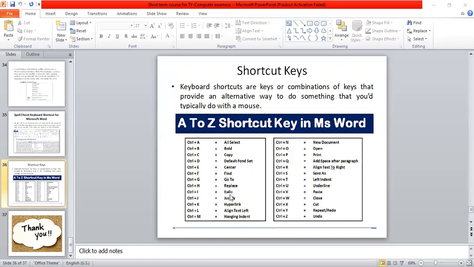कंट्रोल H रिप्लेस करना हो तो, कंट्रोल I is for italic, अगर आपको फॉन्ट इटैलिक में चेंज करना है तो कंट्रोल I, कंट्रोल J to make your alignment justify, कंट्रोल K हाइपरलिंक, कंट्रोल L अलाइनमेंट टेक्स्ट लेफ्ट में अगर अलाइनमेंट करना है, कंट्रोल M हैंगिंग इंडेंट, कंट्रोल N न्यू डॉक्यूमेंट तैयार करना हो तो, कंट्रोल O to open, कंट्रोल P that means अगर आपको प्रिंट निकालनी है तो just you have to put कंट्रोल P, कंट्रोल Q ऐड स्पेस आफ्टर पैराग्राफ, हर पैराग्राफ के बाद आपको अगर स्पेस ऐड करनी है तो कंट्रोल Q